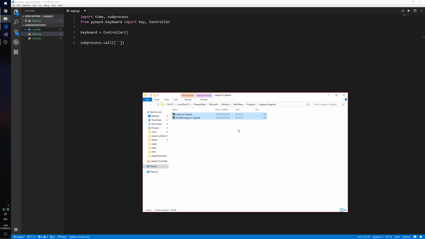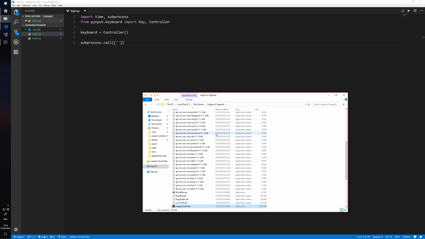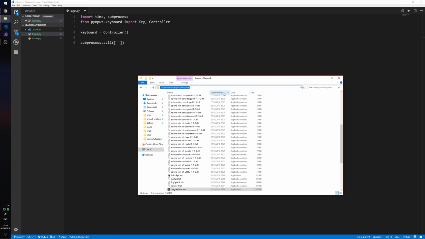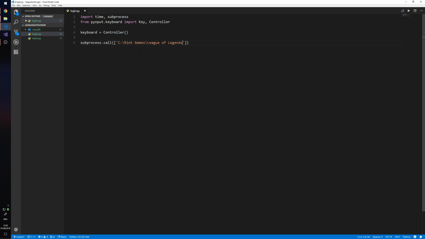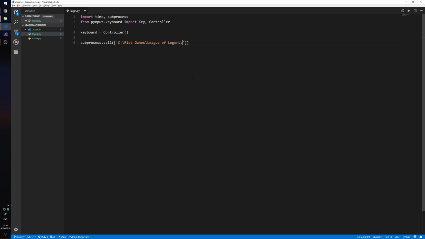So this is a shortcut file. This does work fine, but for any reason if the shortcut breaks somehow, which is a very loose term, I basically don't want to use it. So I'm going to right click again and hit open file location. So now this is the directory for League of Legends on my computer. It might be different for you, especially if you install things onto your second hard drive or something like that. But there you go. I'm just going to paste that in. And now I need to get the actual League client, which is leagueclient.exe. Put another backslash here,